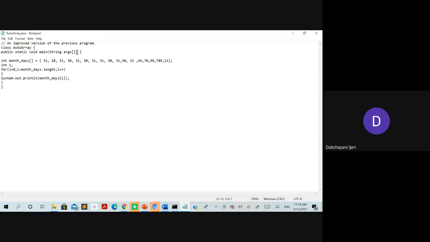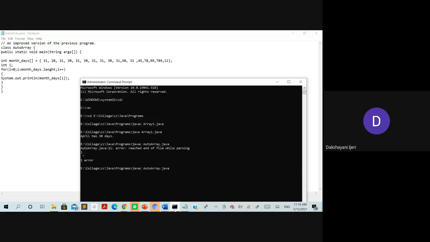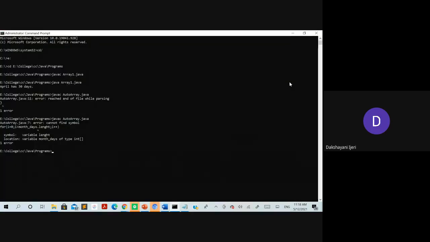How many curly brackets have you opened here? 3, right? There is one more error here, length.